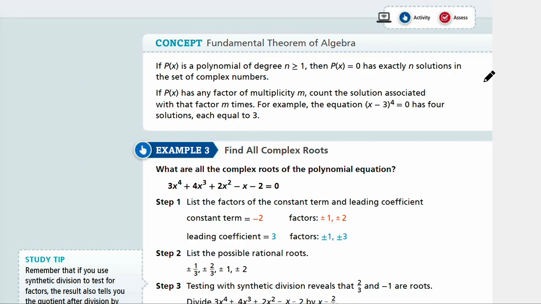If you don't even know whether you have more or fewer roots, then it's really hard to figure out all the possible solutions when you think there are a lot more possible solutions. But really, you only have exactly n possible solutions. Well, n solutions, to be exact. Whether it's complex or real, there are exactly n solutions that correspond to the degree of your polynomial. So this theorem is